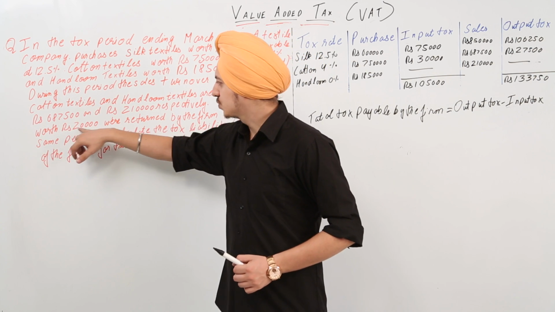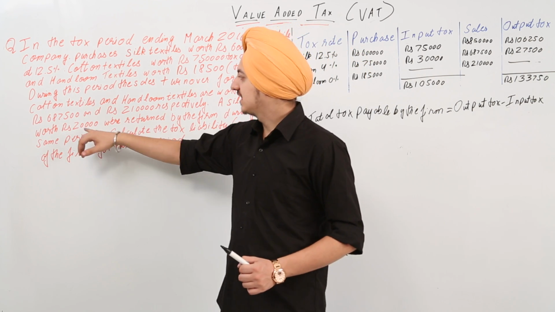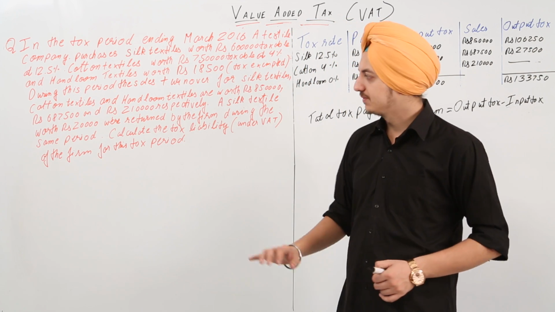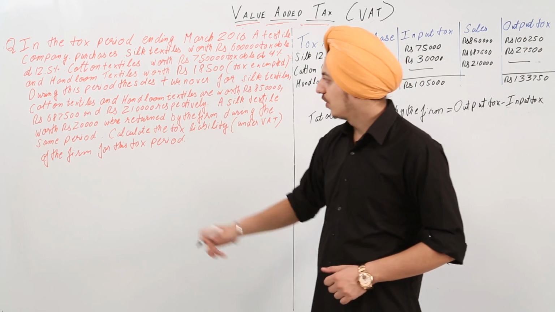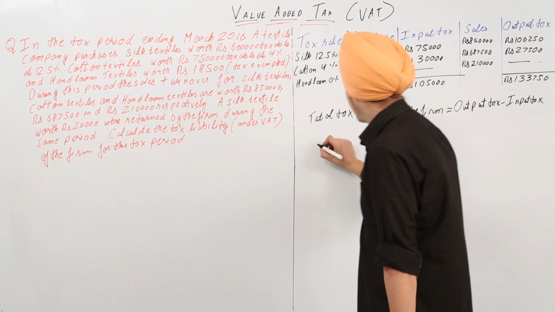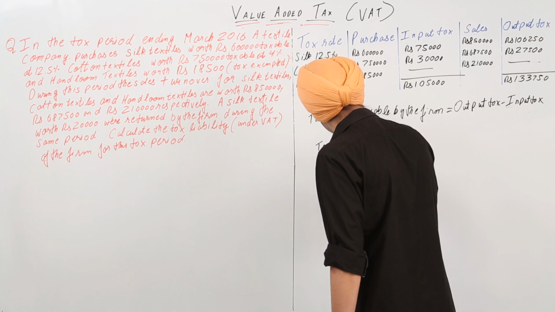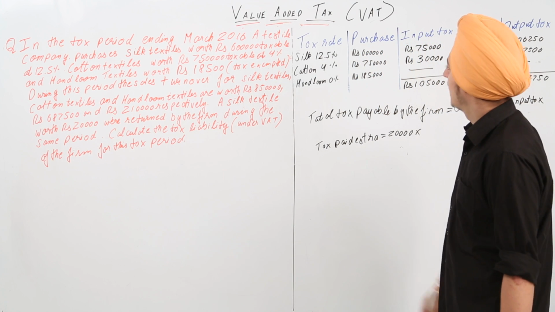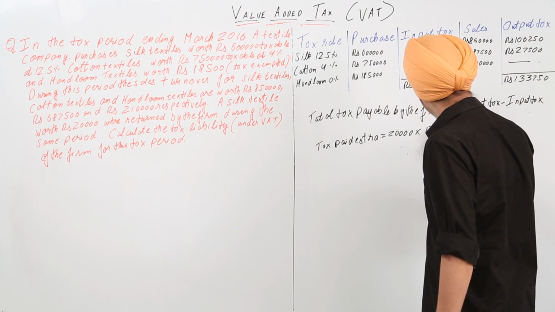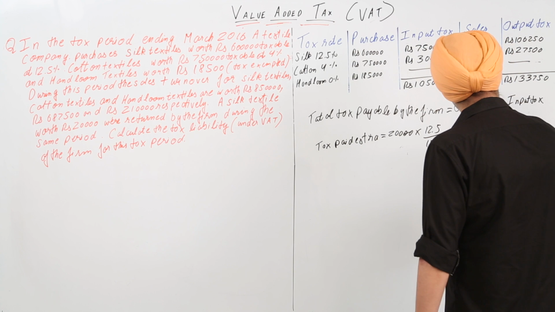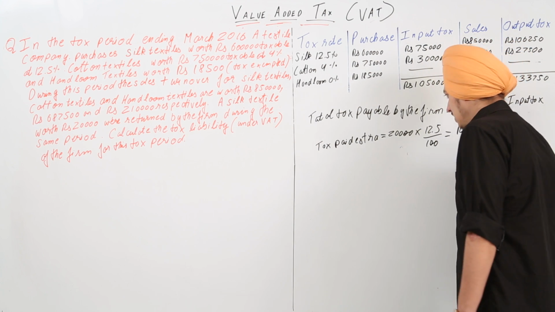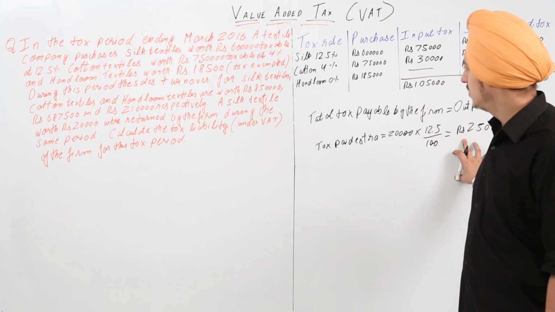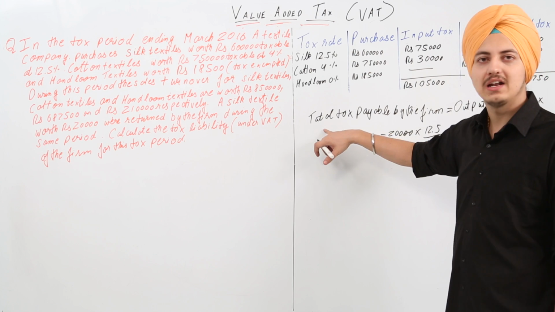A silk textile worth rupees 20,000 was returned. So they have already purchased it and already paid the tax on that, and they return it. So the tax is already paid but they never sell this and they've returned it. So they've paid an extra tax on 20,000 rupees worth of silk. So we calculate the tax paid extra, which is equal to 20,000 into 12.5 upon 100, so this is equal to rupees 2,500. So rupees 2,500 of tax is paid extra already. So we also have to subtract this amount from the output tax